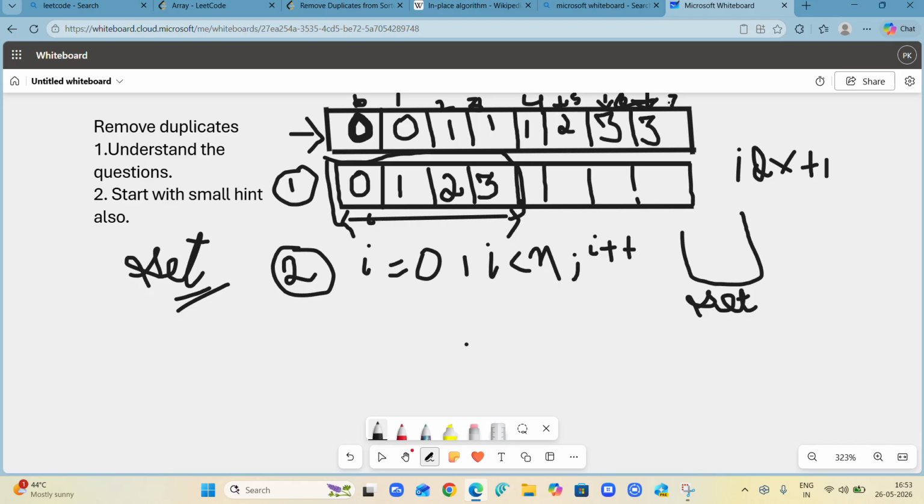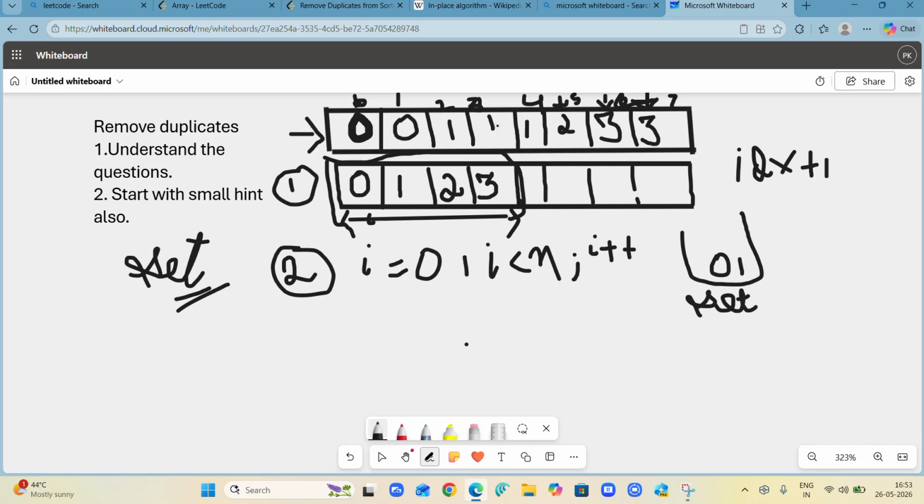So in the set, what will happen? Only the unique elements get stored over here. For the first time when the loop runs, 0 got stored. Now for the next time, it is going to see, am I getting the same element? Yes, you are getting 0 only. So okay, I am not going to store it. Set declined it. Then it moved to the next position, which is 1. Okay, I am not having 1, so I am going to take it.